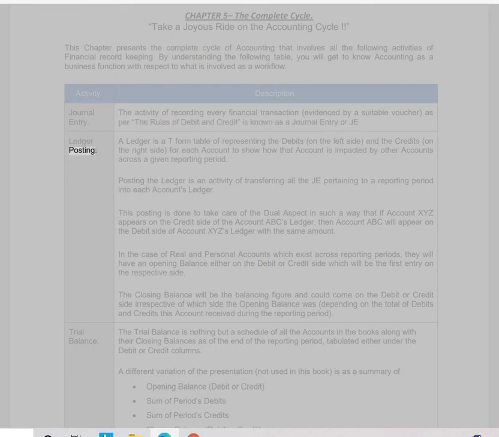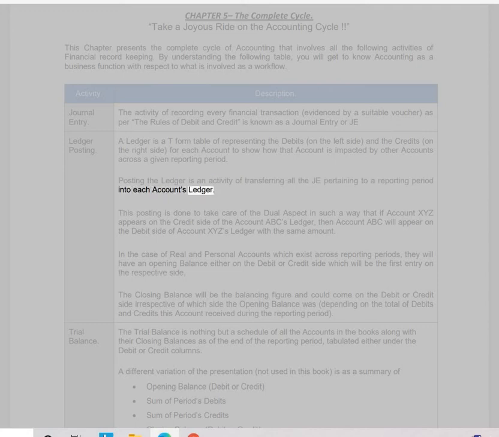Ledger posting. A ledger is a T-form table representing the debits, on the left side, and the credits, on the right side, for each account to show how that account is impacted by other accounts across a given reporting period. Posting the ledger is an activity of transferring all the JE pertaining to a reporting period into each account's